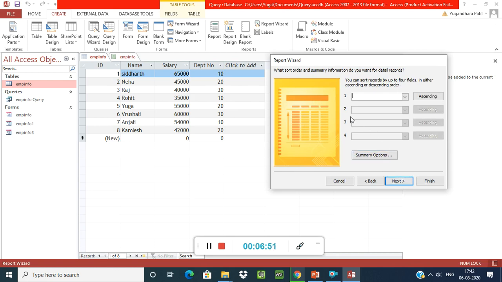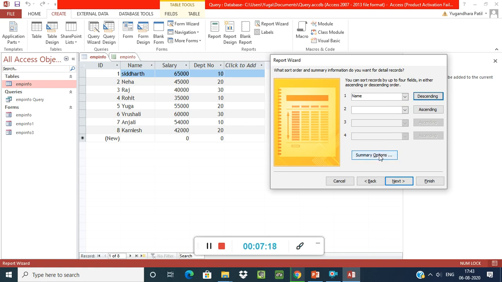After that I click on the next button. It shows me that you can sort the records by up to 4 fields in either ascending or descending order. Suppose I select the name, and I want the name in ascending order, or if I want it in descending order, I can choose that.